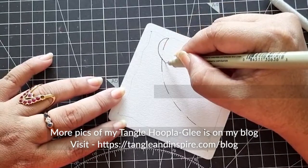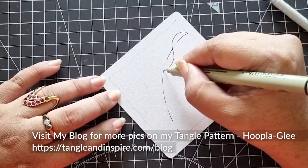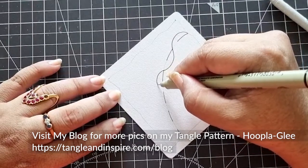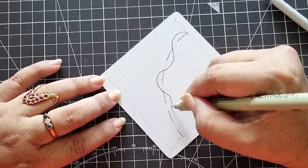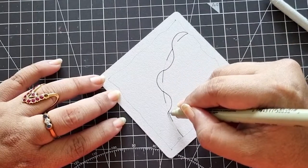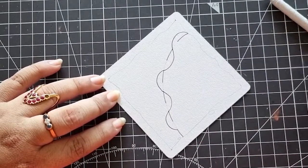You can start at any age, at any time, and the process is so beautiful and easy that it goes into your brain. It helps you to relax, focus, and smile. Okay,